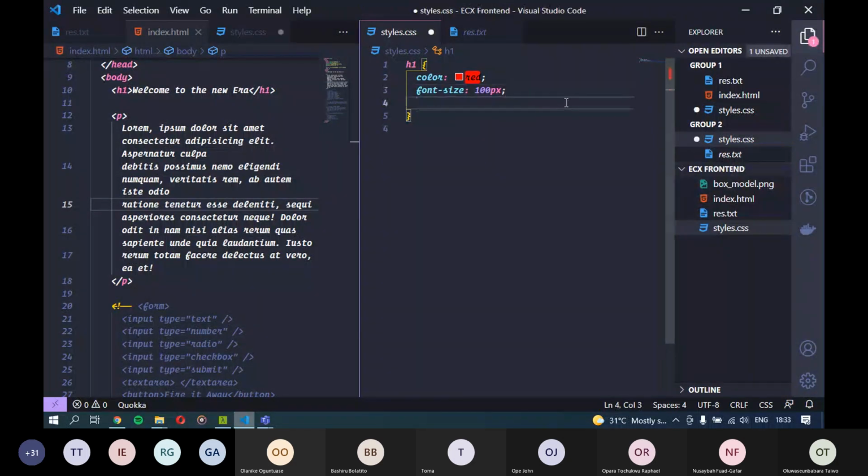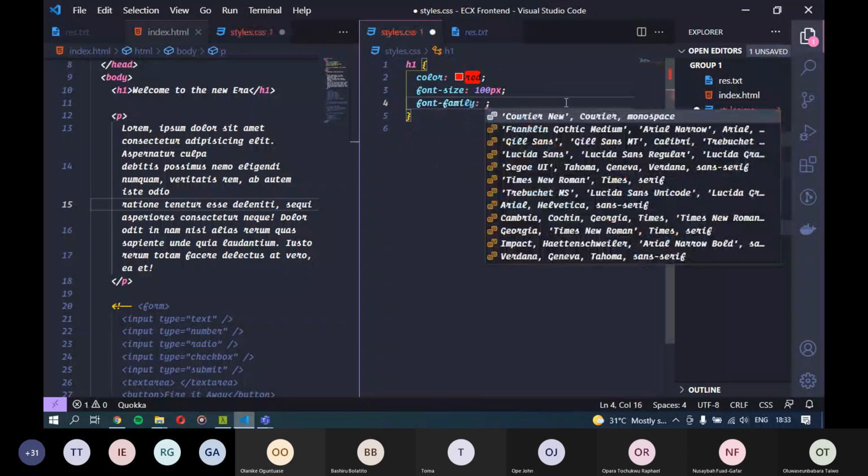Font family basically represents the type of fonts that I want to use. There are some fonts that are not available on some computers and some that are available on others, but font family represents the fonts that you're going to be using. So I think Helvetica should be available on almost every device.